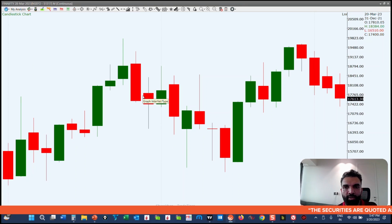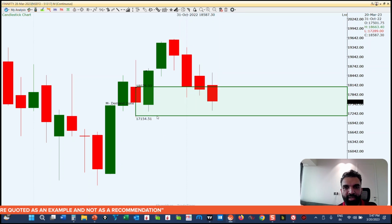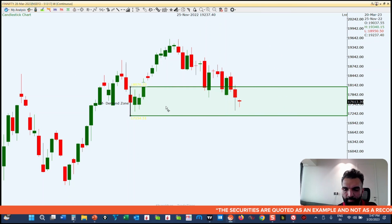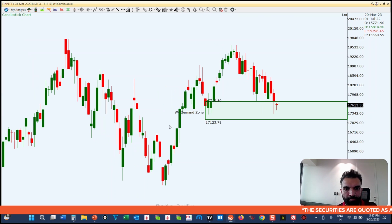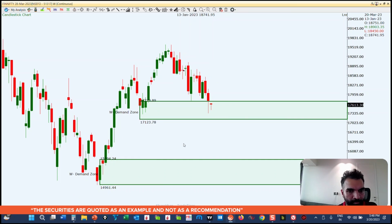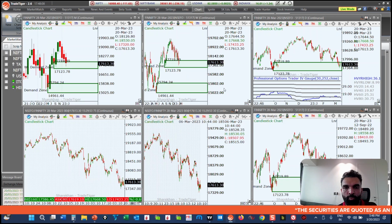So let's look at the monthly chart of the March contract. And this is more or less a mix, like the Nifty and the Bank Nifty, isn't it? This looks much like a mix. So here also we see that the weekly demand zone is still holding, which means that as long as 17,123 is intact, we may not see a big move coming in. But in case 17,123 breaks to the downside, then there is a possibility that we might come to retest these lower levels close to around 15,794. If the Nifty holds on to this area and starts to move up,